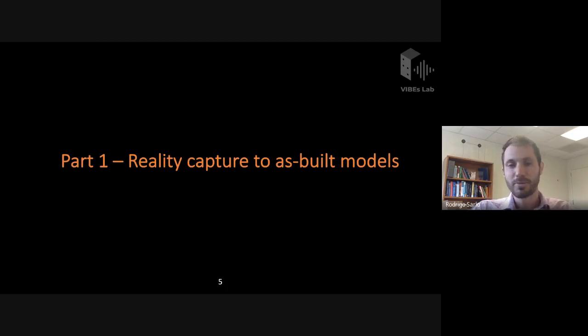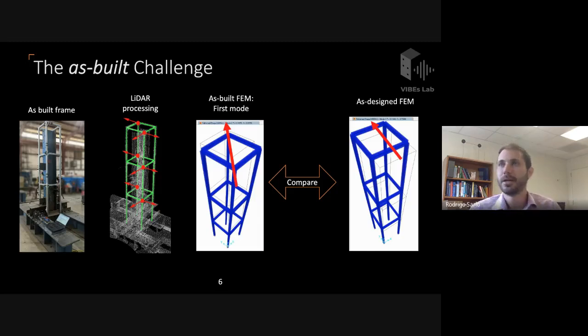So I'll start with part one, which is based on reality capture. I'll start by elaborating on the as-built challenge through just kind of a simple preliminary study that we did. So we built an experimental frame in our lab, which you see on the left there. And then we used LiDAR to extract a point cloud of this frame and then extract the precise structural geometry of the structural members as well as sensor locations. And then we built a finite element model based on that